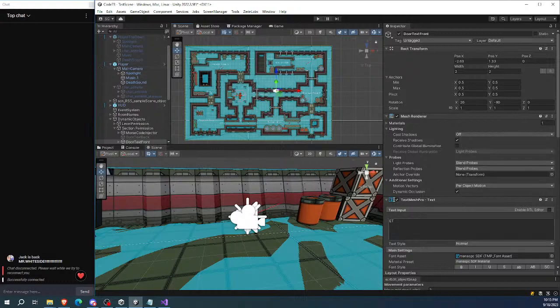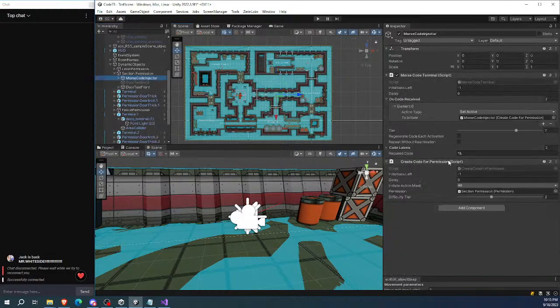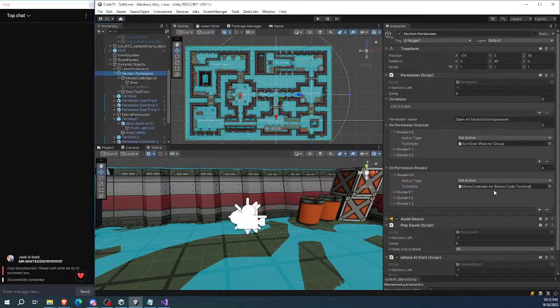I don't want to do that. I still kind of want to test out the Morse code flow, but I might make it then so that the permission